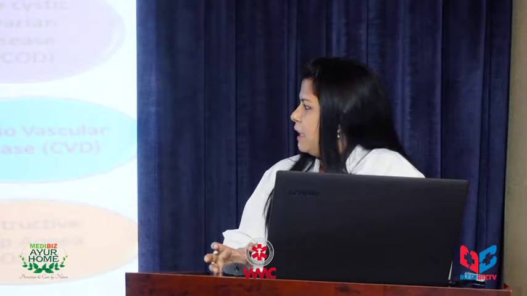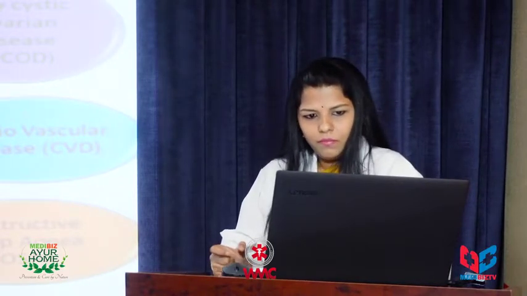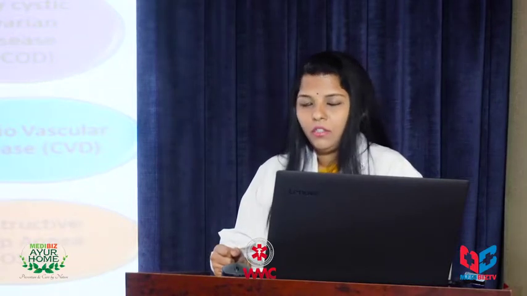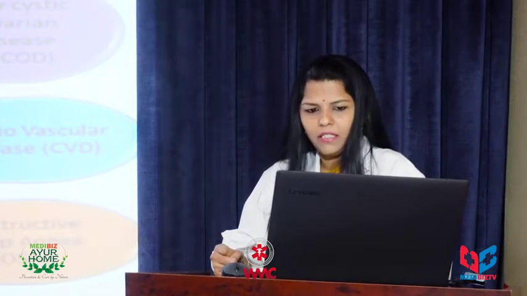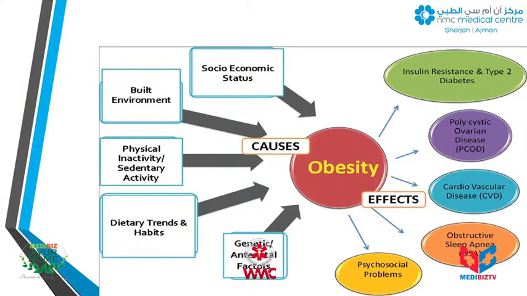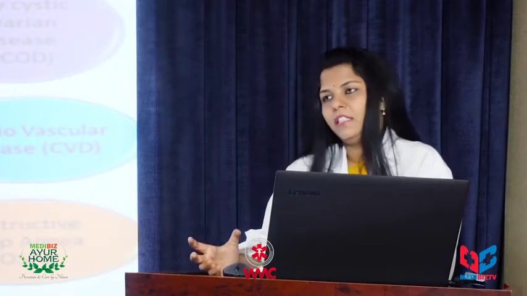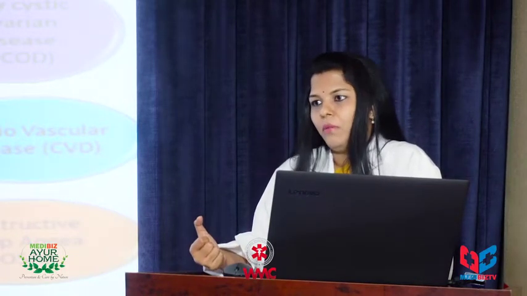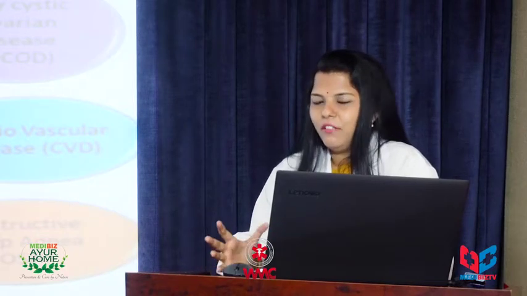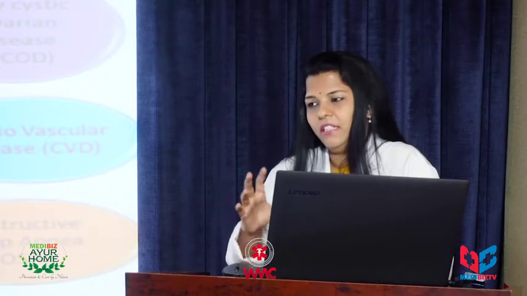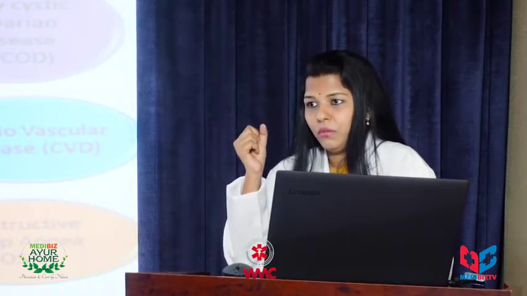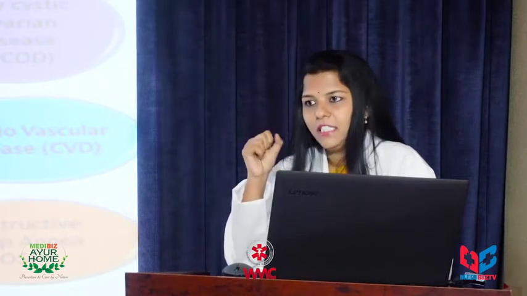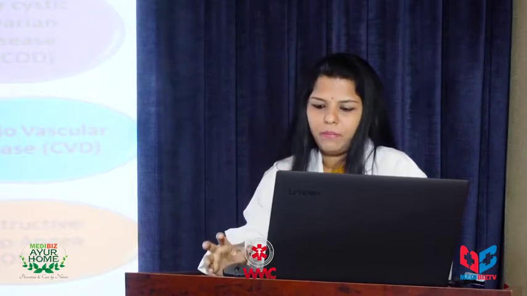There is a varied clinical manifestation of obesity. The most common what we come across is insulin resistance type of type 2 diabetes mellitus, hormonal problems like polycystic ovarian disease, increased blood pressure leading to cardiovascular disease, sleep and lung disorder leading to obstructive sleep apnea, that is breathing problem and sleep problem. Most of you who are obese here would have felt that you are snoring a lot, associated with your wife or anybody complaining that why are you snoring so much, and some jerky movements in the sleep and such things, which is called as obstructive sleep apnea, and